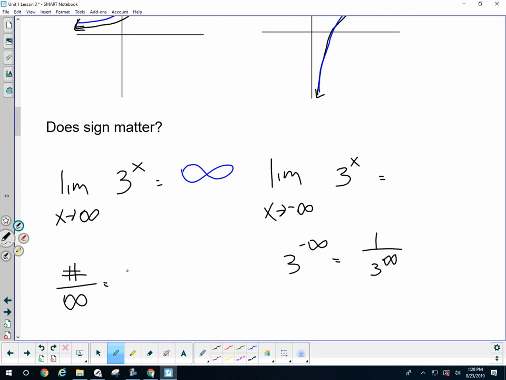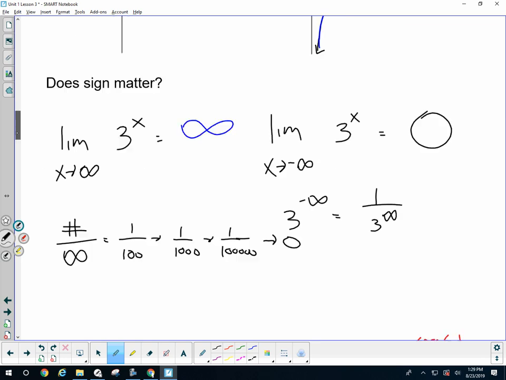Well, take 1. Infinity is not like a number, it's more like a concept. It's like if I continue to grow like this, what is happening to these fractions? They're getting smaller and smaller and smaller, closer and closer and closer to 0. We actually say that that's 0,